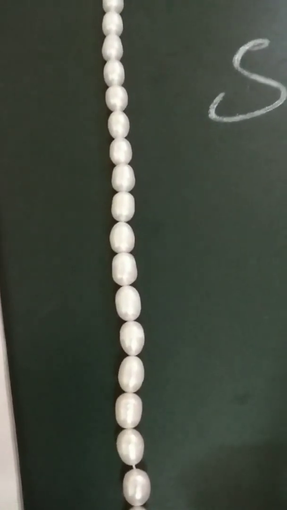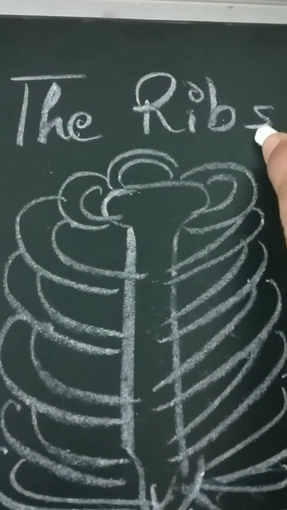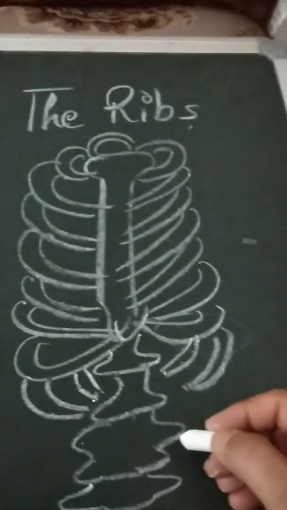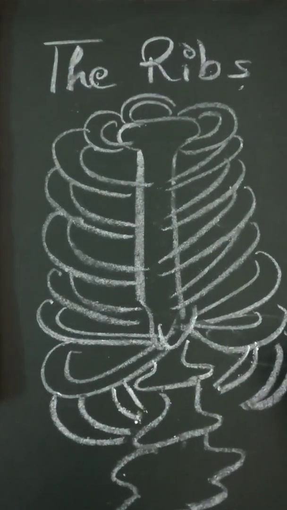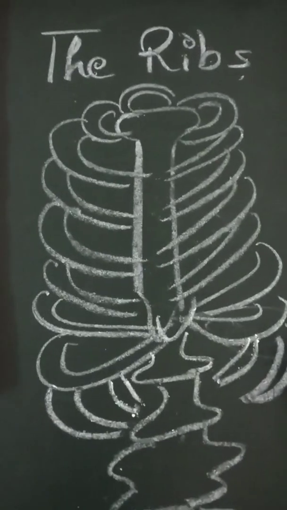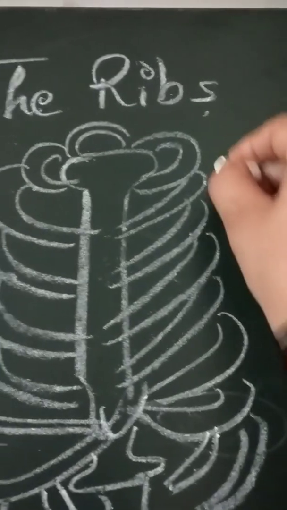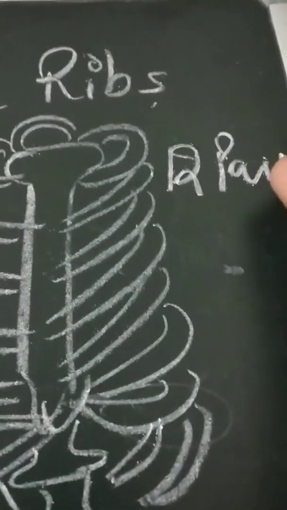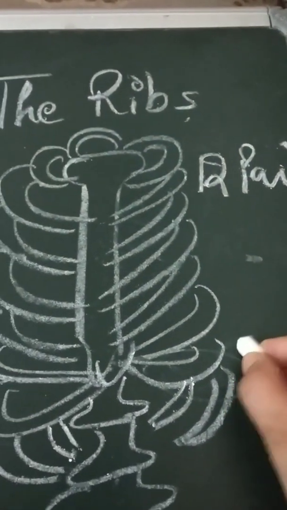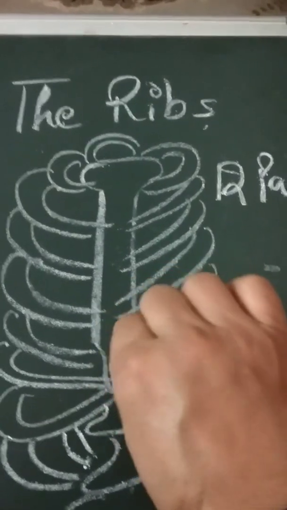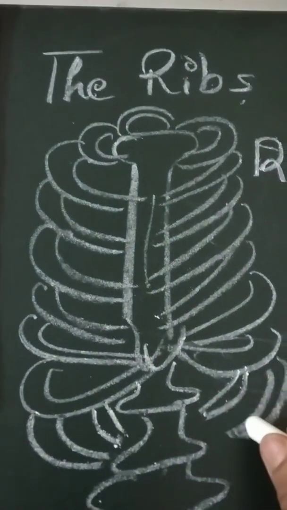Now we will continue with this chapter. The next part of our skeleton system is the ribs. See this diagram. The ribs have 12 pairs of curved bones, and 10 pairs are joined with the front bone. This one is the front bone, and the last two